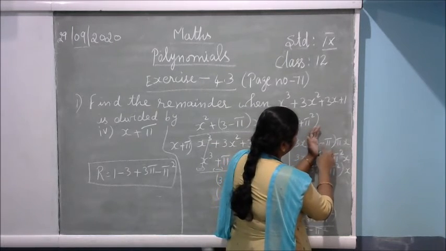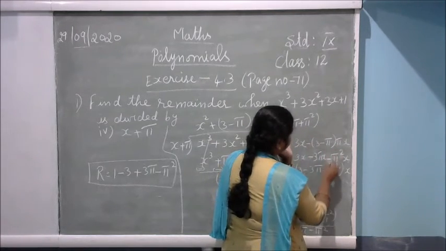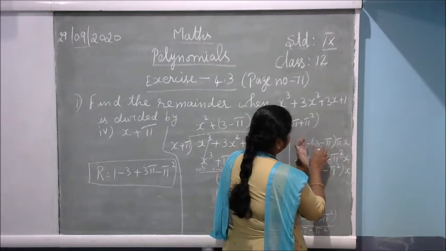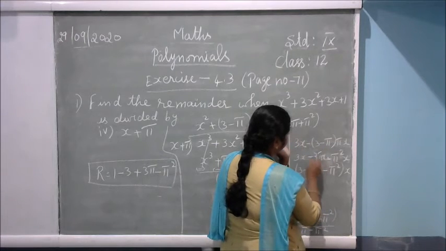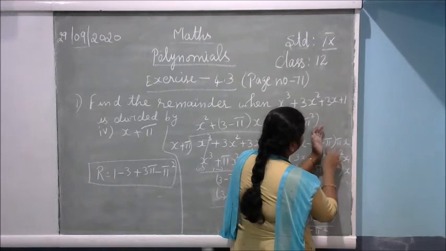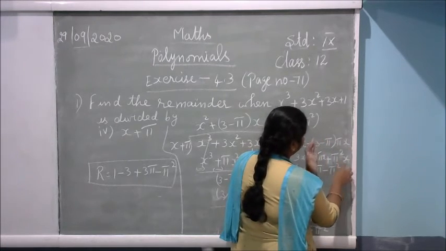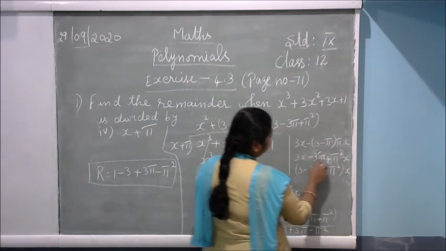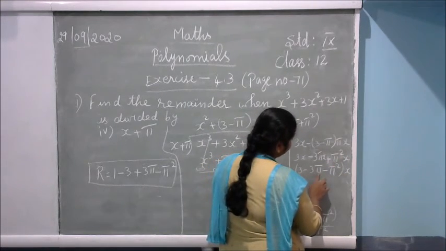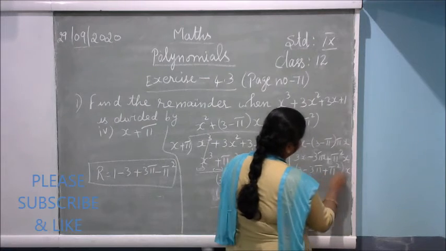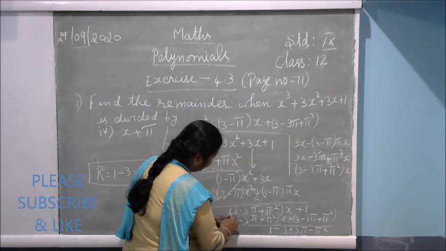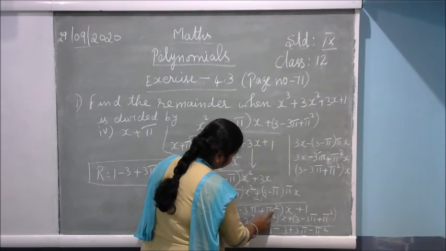And afterwards minus. Okay, minus into minus. Here minus also you have to do. Here also minus into minus plus will come, and afterwards with the pi it will multiply pi square. This x will come. Okay, so every term x are there, so x we have to take it outside commonly. So 3 minus 3 pi plus pi square will be the answer. Okay. So first term is 3 minus 3 pi plus pi square.